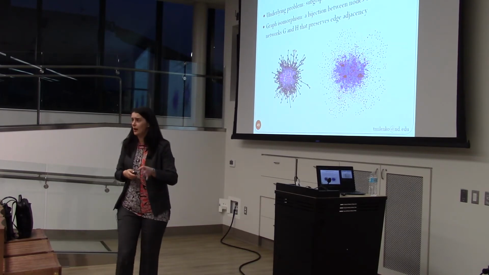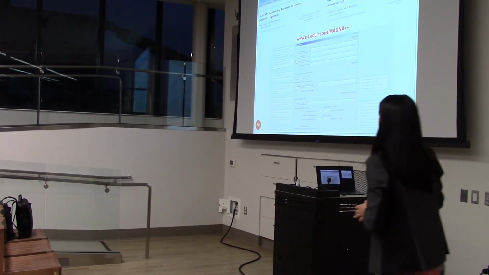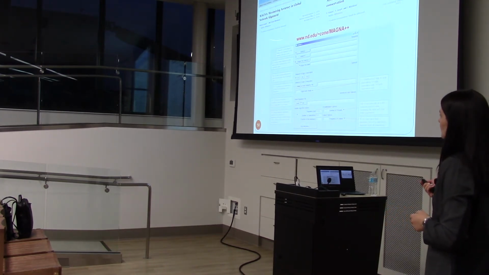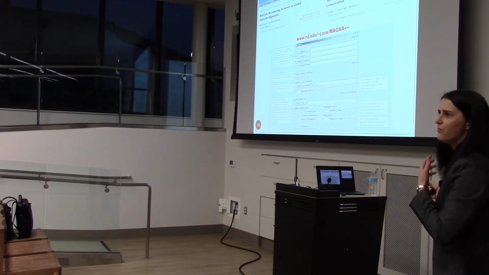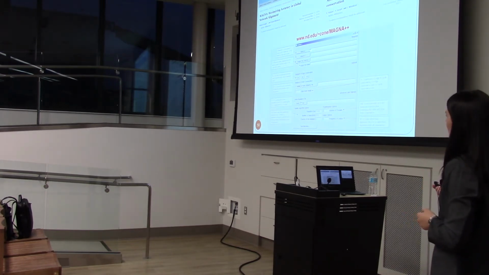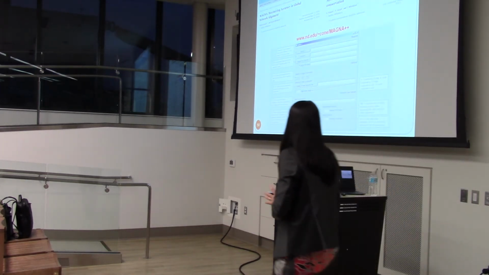Now, I can't tell you how we are doing it for one method. It will take me probably half an hour. But I will point you to a couple of papers if you're interested. Browse through them. This is one of our prominent recent methods called Magna. And then we implemented it in hopefully user-friendly software where the user only needs to embed the two networks and the name of the output file. This is for advanced users who are actively involved in the field.